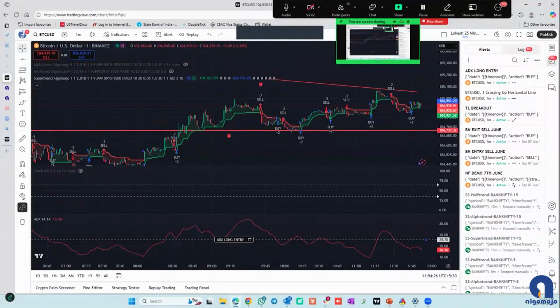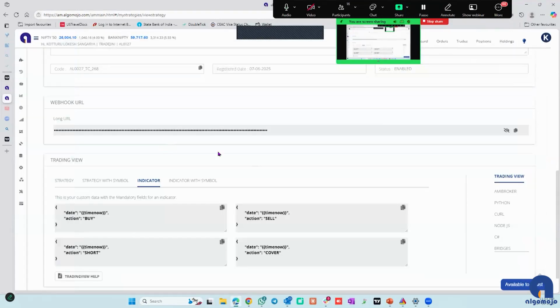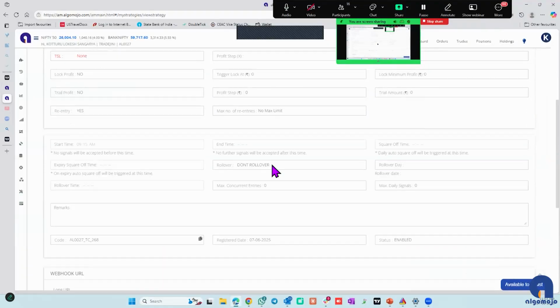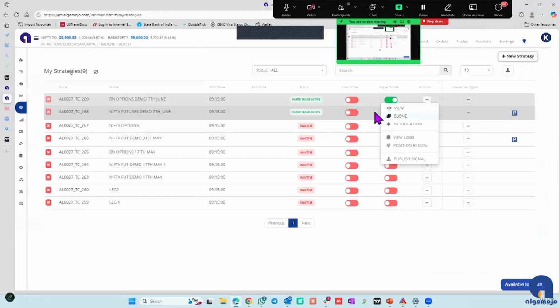So if you want to take only one entry, for example, you could be running any strategy, it could be Supertrend, it could be RSI, it could be anything. You can say that I just want to take one trade for the day. You can do that setting here. Go to Algomojo. Here under maximum number of daily signals,